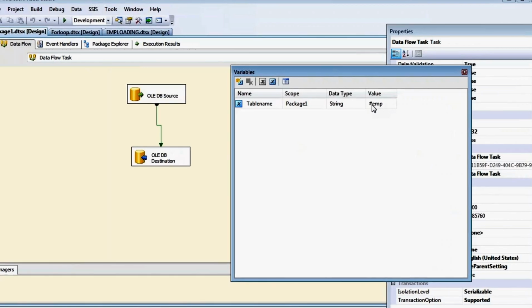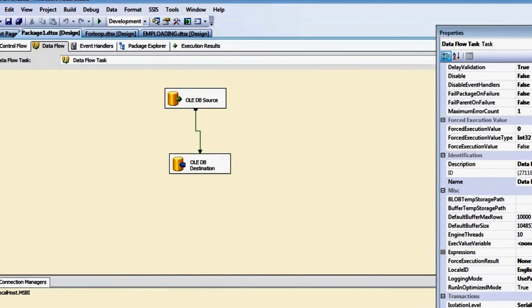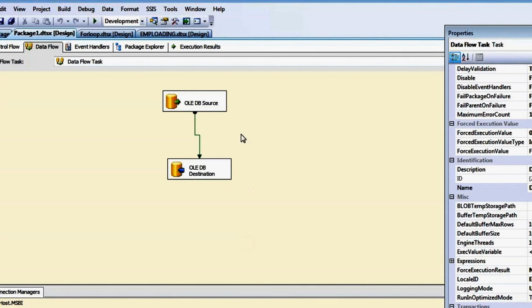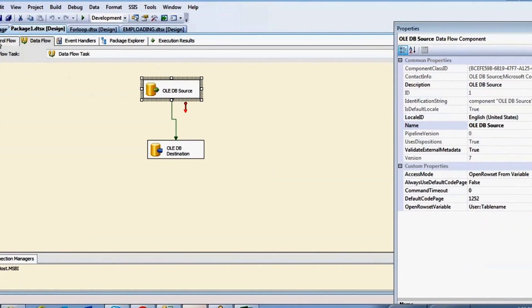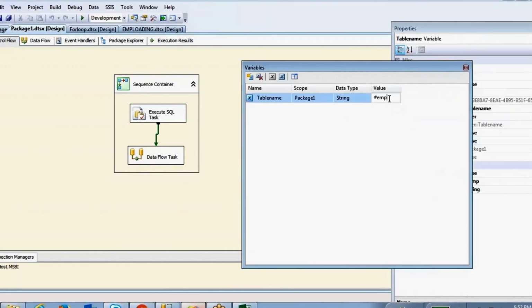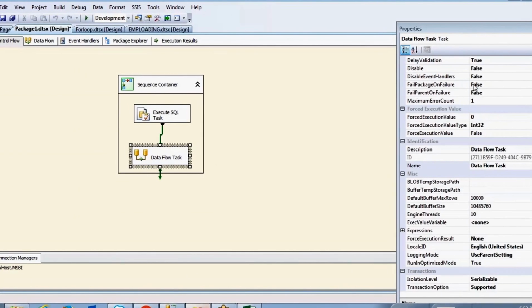Initially I have given the global temporary table. So I created the global temporary table with the same structure as the local temporary table. Once the configuration is over, I changed the variable from the global temporary table to the local temporary table, and I have set the delay validation property.